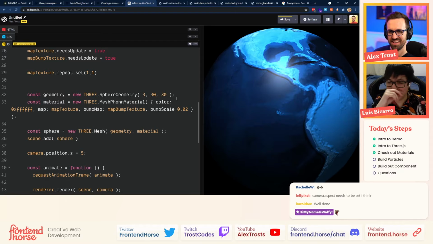Nice. Now we have the globe and we have some reflections. Maybe let's also make that drag ball and rotation. Let's rotate that when we click and drag. We are going to do that only in the x-axis for the purposes of this demo. But let's see how we can interact with the canvas and the user input to change objects in the scene.